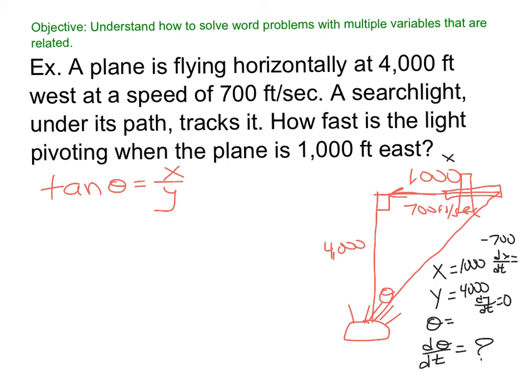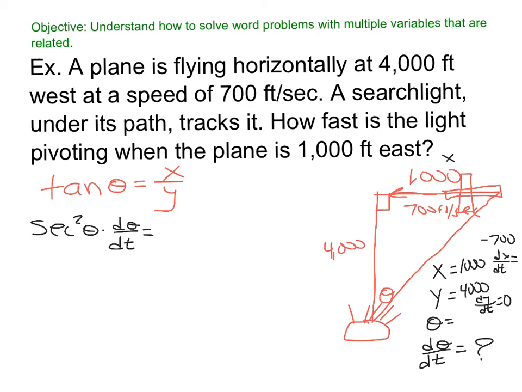So we have to figure out theta. I'm actually going to cheat with this one. We don't actually have to find theta. I'm going to show you what I do instead. All right, so take the derivative. What's the derivative of tan? So secant squared of theta, d theta dt,